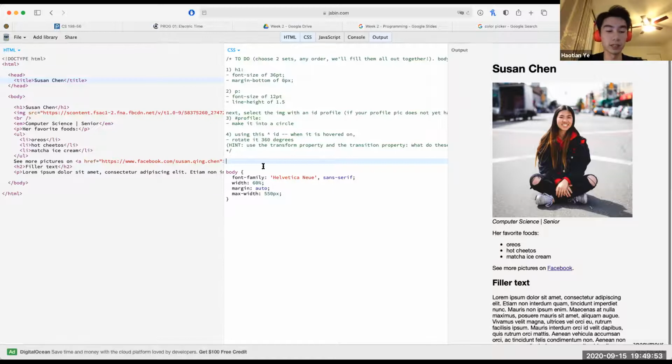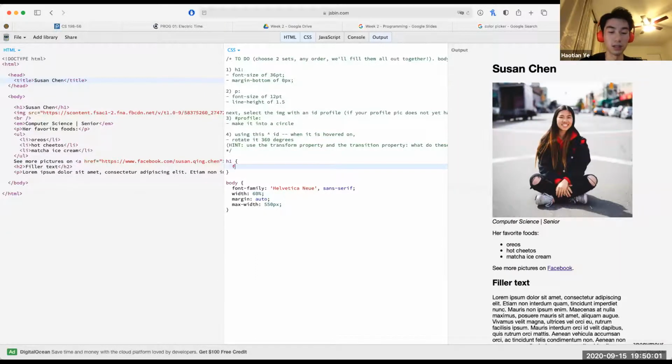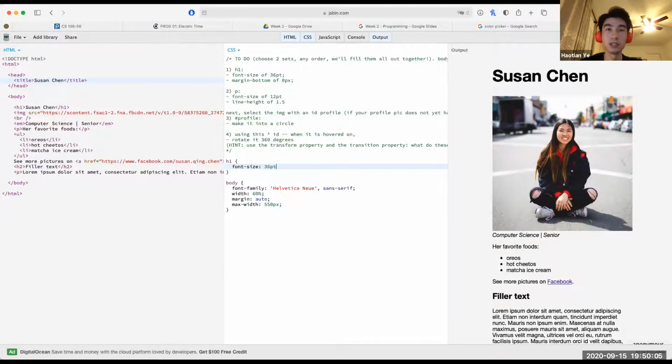So we want all H1 tags in the HTML file to have these properties. We just say H1, and then font size is the property name, and the value is 36 pt. PT means point. That's one of the units of measurement in here.